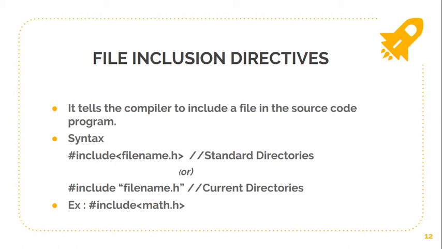This represents that in my program I am going to make use of certain mathematical functions. For example, if I am going to make use of a square root function in my program, then I am going to include already predefined mathematical functions, which can be included with the help of #include <math.h>. Thus, this type of including files comes under file inclusion directives.